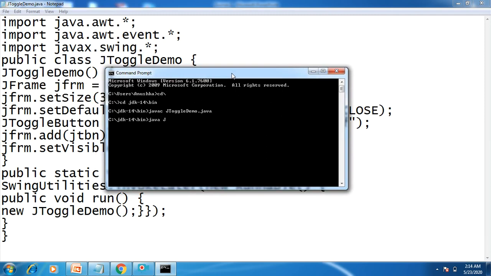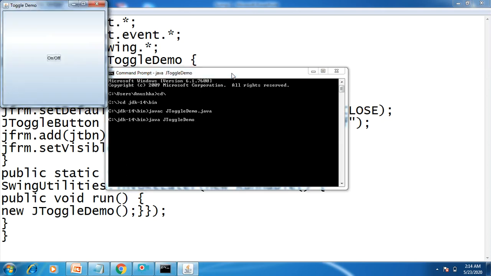Then java JToggleDemo. Press enter. So here, toggle demo is the name of the application. Here you'll be able to see.